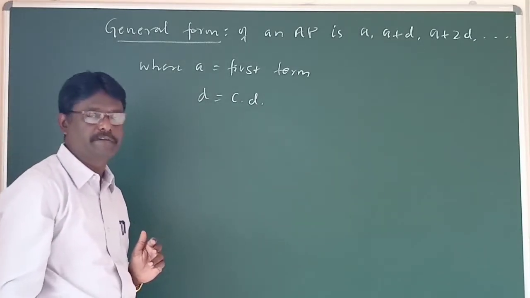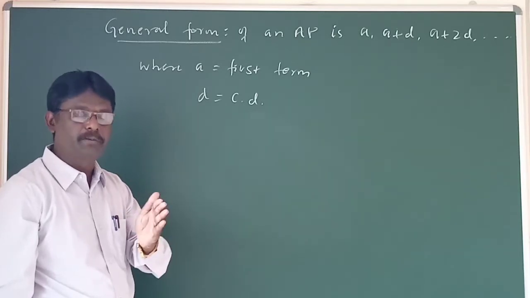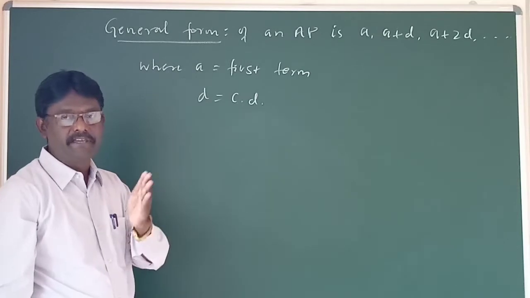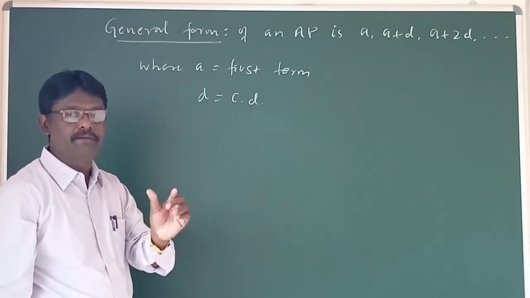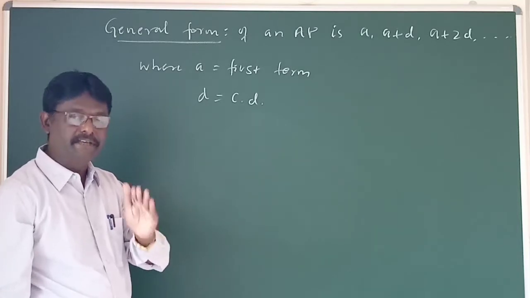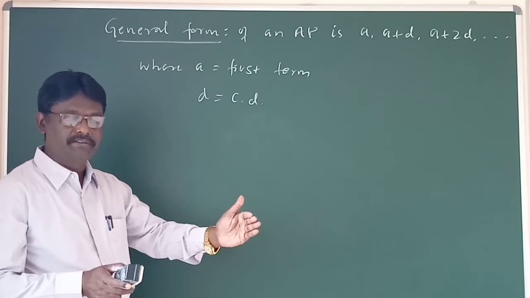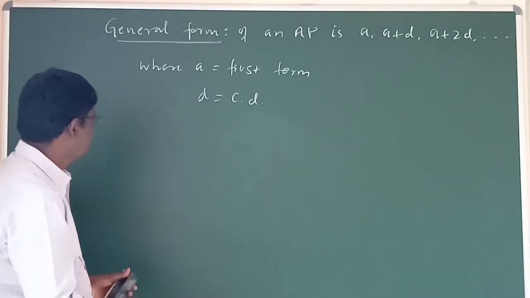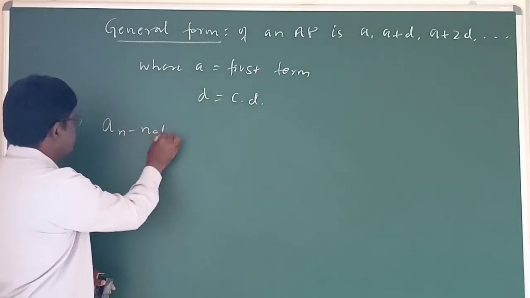Okay. Now, in our syllabus, even 100% in our syllabus, we have only a finite number of terms, arithmetic progression related to a finite number of terms. What is that? Finite arithmetic progression, a sequence having a finite number of terms. In case of a finite number of terms, the number of terms is countable. That means we have the concept of AN there. What is that AN notation?